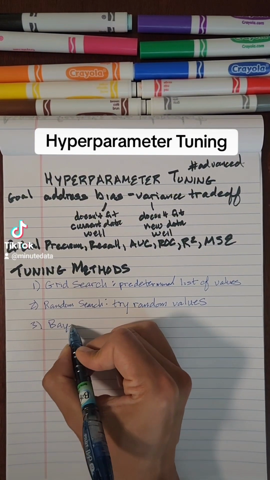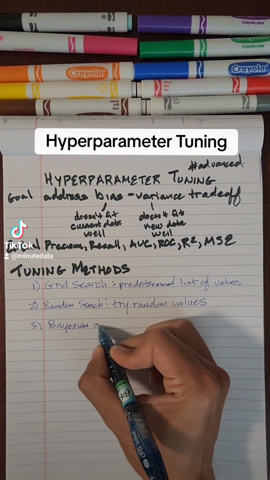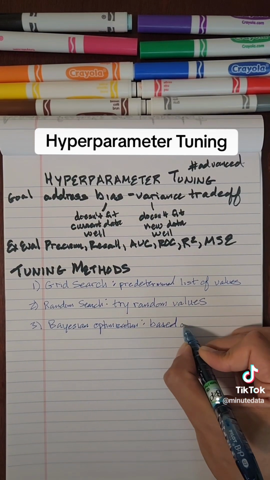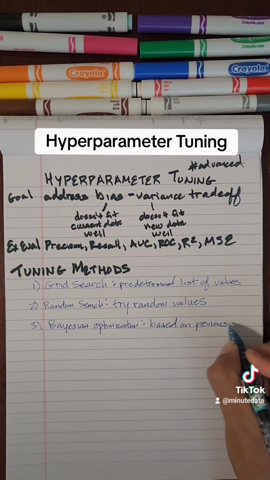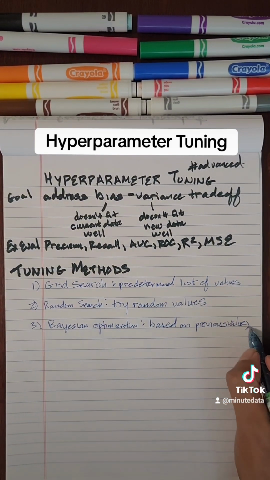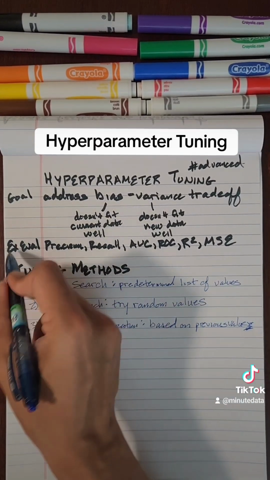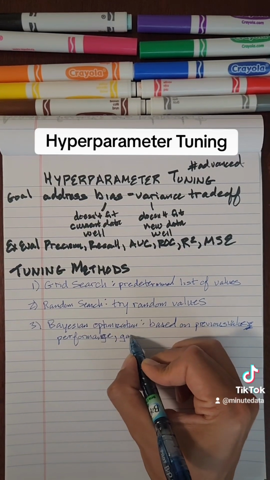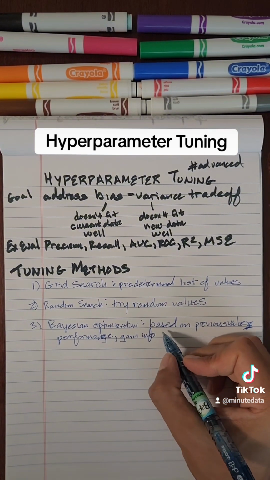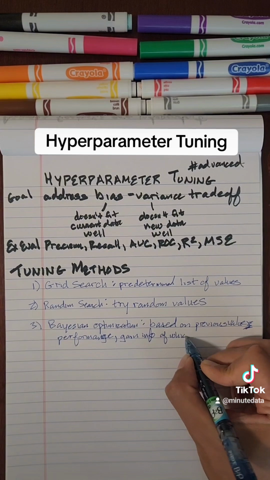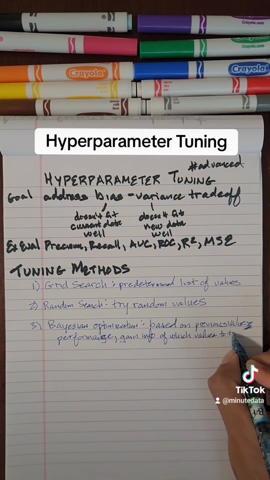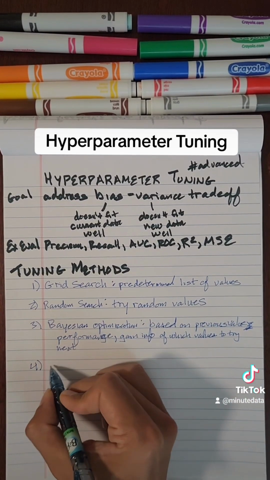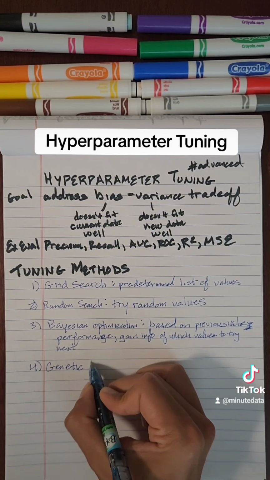Another example is, let's say, Bayesian optimization, where based on previous value performance, based on your performance or evaluation measures, you gain some information of which values to try next. Whether you want bigger values or smaller values, for example, to try next. Then the last one is, say, a genetic algorithm,